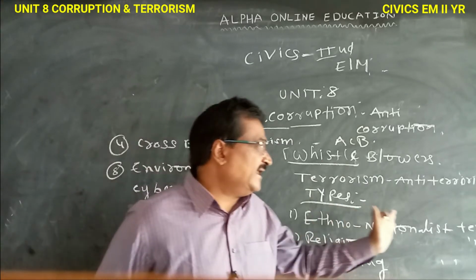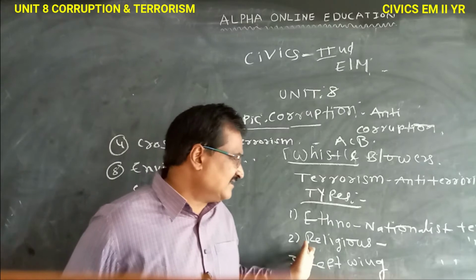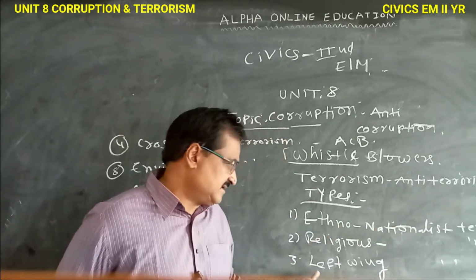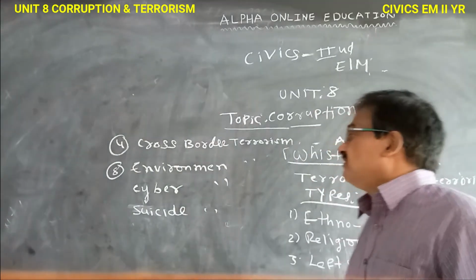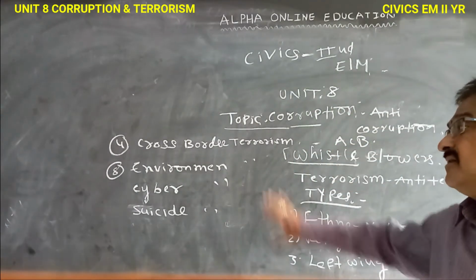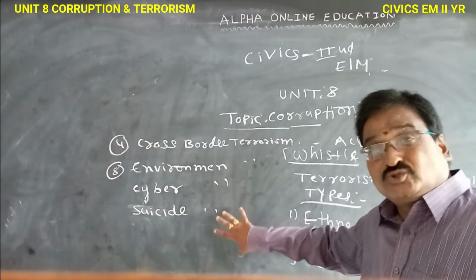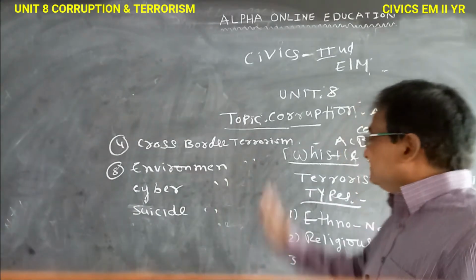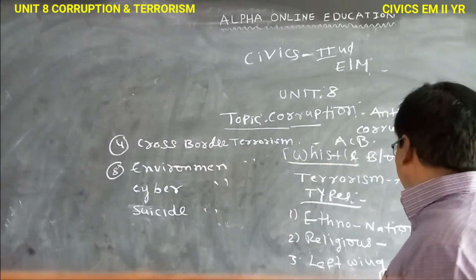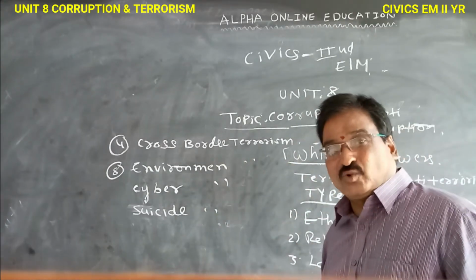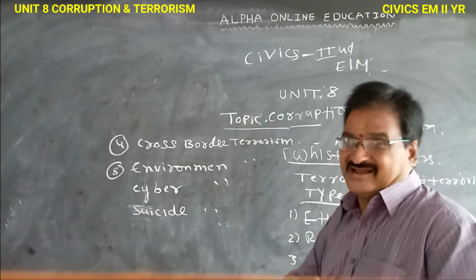Ethno-nationalist terrorism, religious terrorism, left-wing terrorism, cross-border terrorism, environmental or sandalwood terrorism, cyber terrorism, suicide terrorism. These are all the types of terrorism. Ethno-nationalist terrorism. అంటే